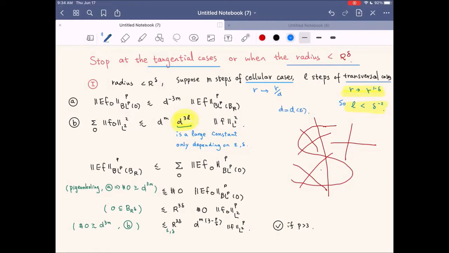So that means that this is something we can just ignore, because it's bounded by r to the epsilon. But this m could be huge. So those things we cannot ignore. And then